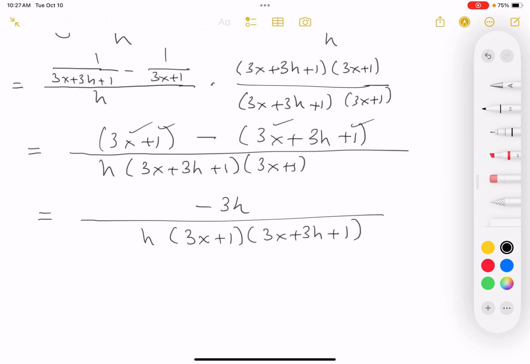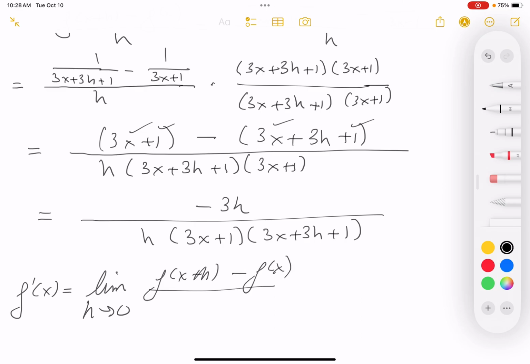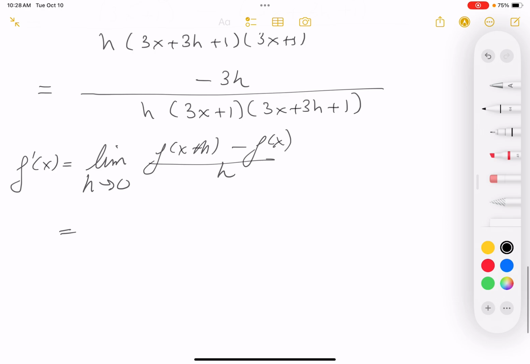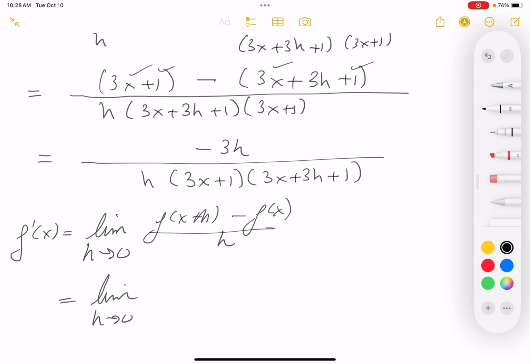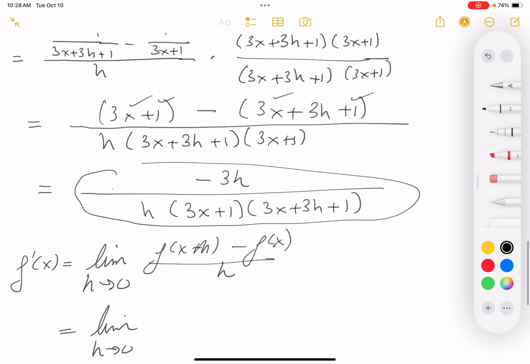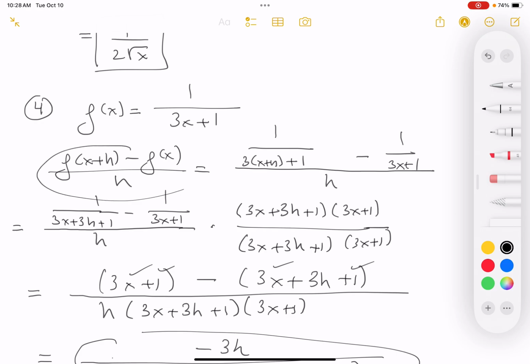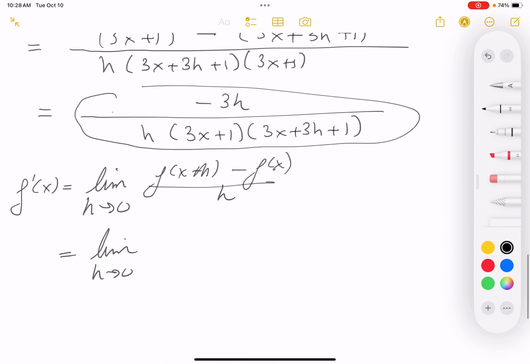The limit, we're getting the derivative here by the definition. The limit as h goes to 0, f of x plus h minus f of x over h. It's going to be limit h goes to 0. And I want to point out, we just did this part over here. We did the difference quotients right over here. Let me just explain that to you. We did that. It really came from over here. We just went through that. And what did we find? We found it was minus 3h